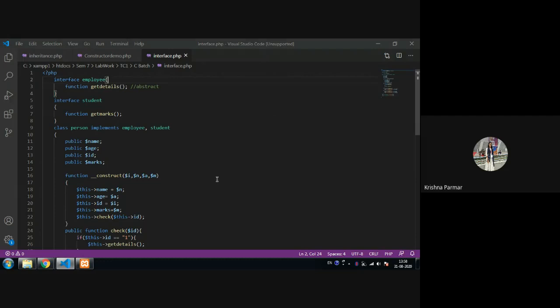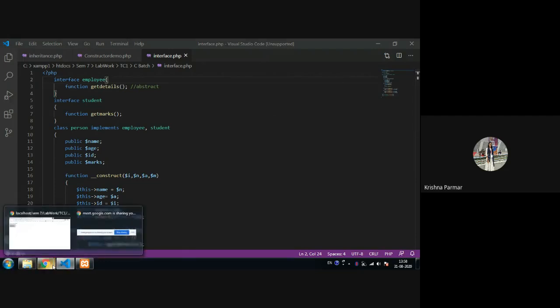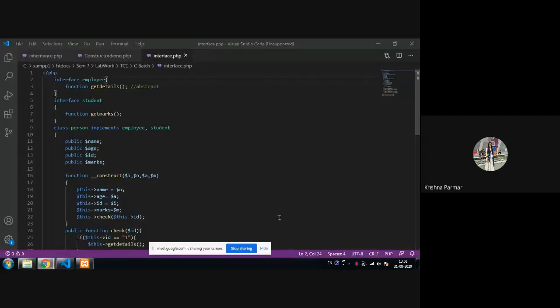Okay, I'm going to stop presenting my screen and take the attendance. Is it feasible for you or does anybody need this screen? Okay, Komal, no problem. Can I stop presenting the screen? Okay, fine. Just taking the attendance. Harsh, are you there?